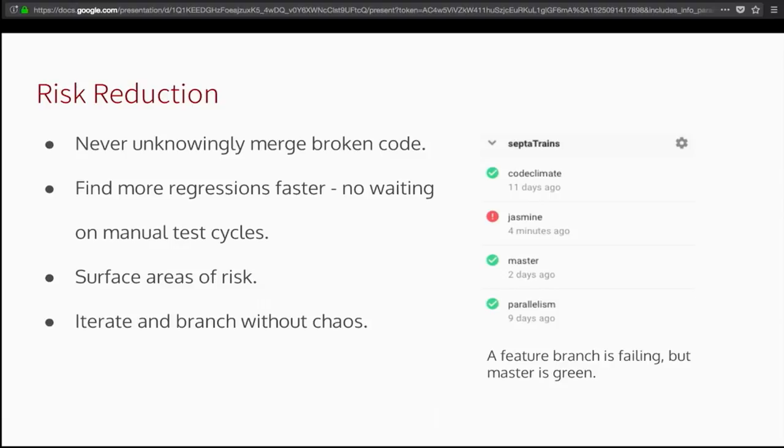But I think a more positive aspect of this risk reduction benefit of continuous integration is that it actually gives us some freedom to iterate on our development process and even create branches without introducing chaos into our whole development landscape. You can see here we've got a snapshot of one project that has 4 branches in GitHub, 3 of which are good. They're green with check marks, meaning that all of our tests are passing, but one of them has failed. That's actually a branch where I was building some Jasmine unit tests with the Lightning testing service.